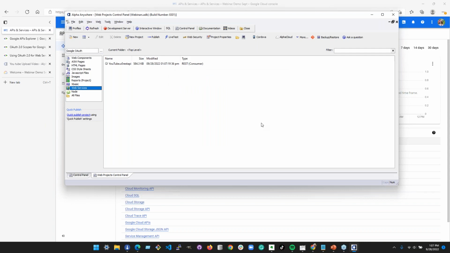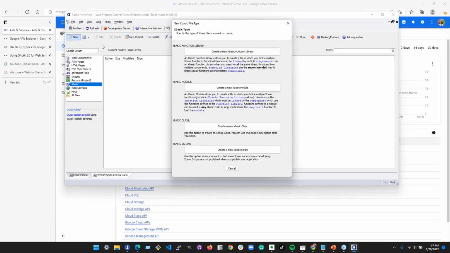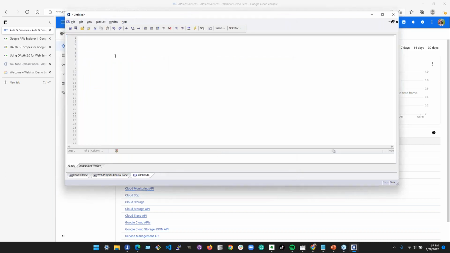I now have a whole XBasic class full of all the API calls I can make to this service. So that setup piece is easy. And if we just real quickly go here and make a new XBasic script, just to show you how easy it is to drop some of these calls in. When you're in XBasic, and this is largely going to be in your UX component, your grid components, if you're still using those, or if you like to use those, anywhere you can insert XBasic, really.